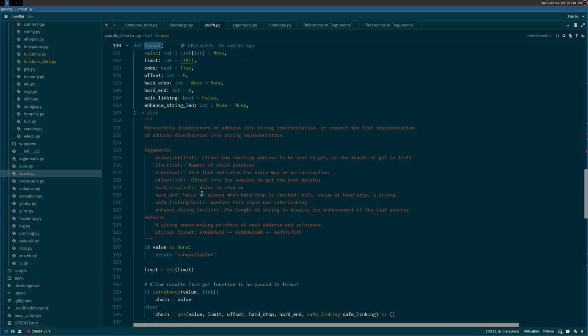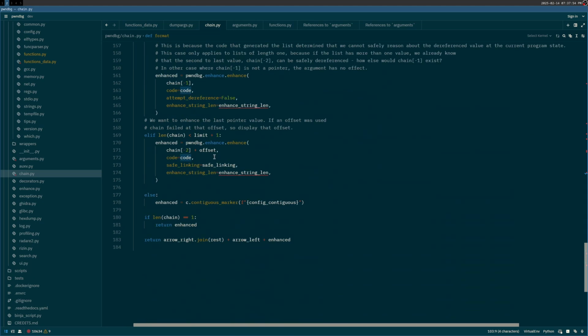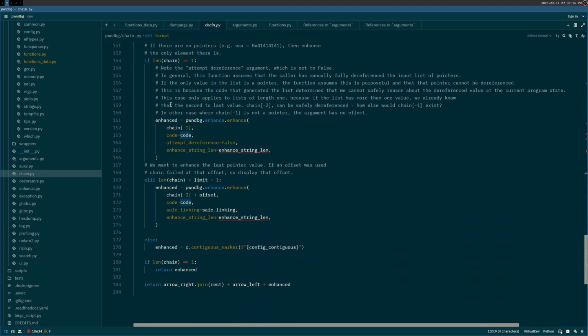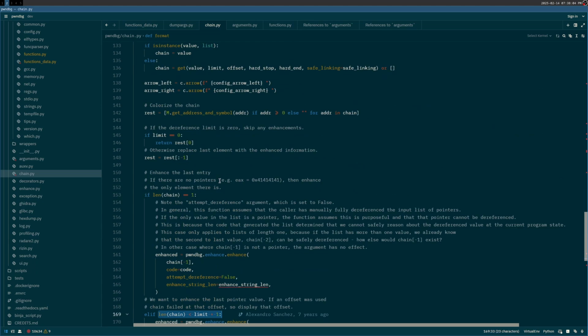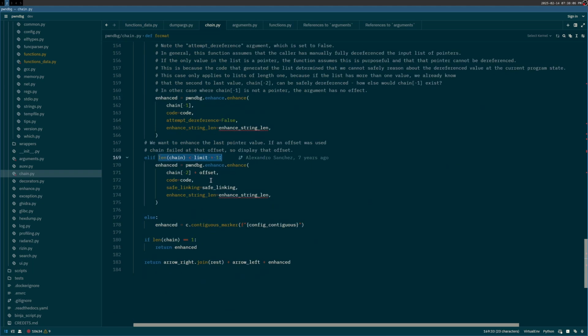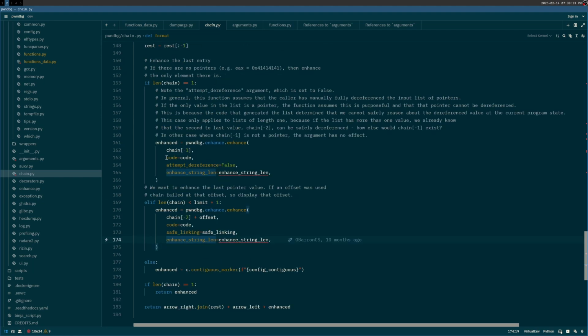Okay. Where does that get used? Code in enhance. And if len chain is less than limit plus 1. Okay, so either way,